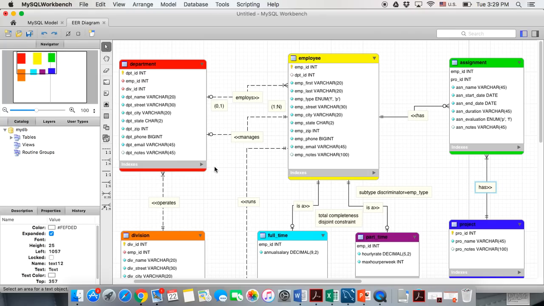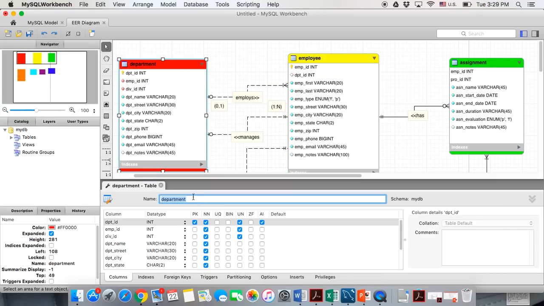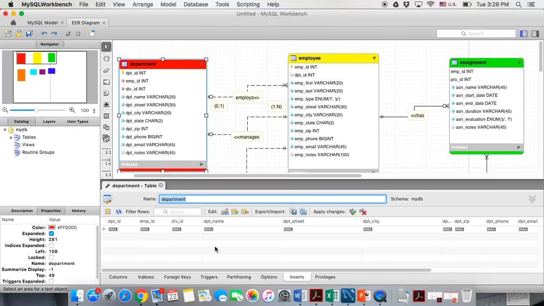Okay, department ID 1, version ID 1, employee ID 1, version ID 1, department name, can say sales, street,